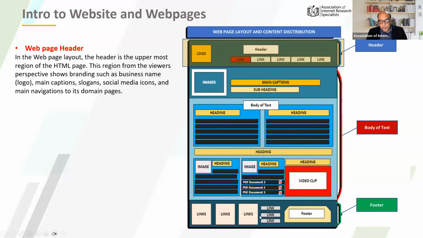The third component is the footer part. This also a lot of times remains constant. It is kind of a fixed information. In a way, the demarcation of a header and the footer has the portion in the middle, which is what is most important for the content, or more detailed content is inside of it, like main captions or the main headings, the subheadings to the main headings, images, etc.